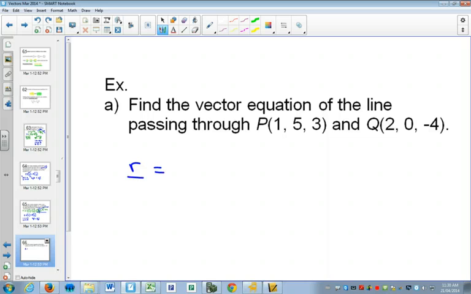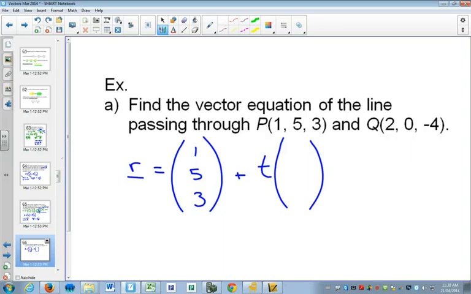So we have to have any point to start. So I'm going to just go with (1, 5, 3). Then for our direction vector,